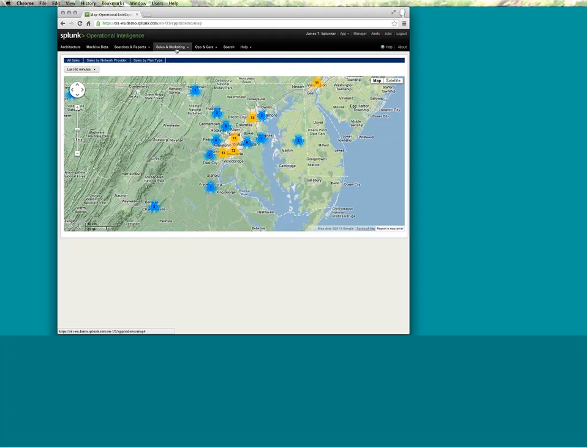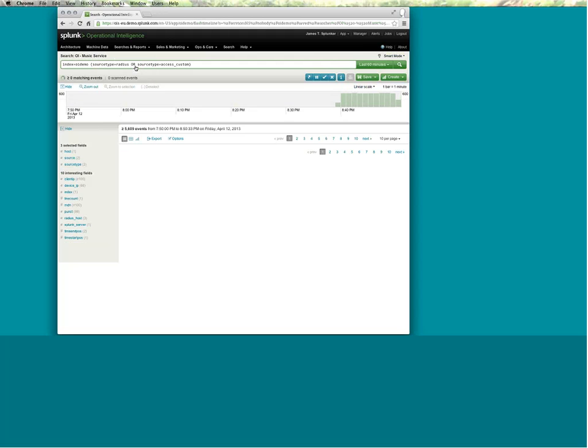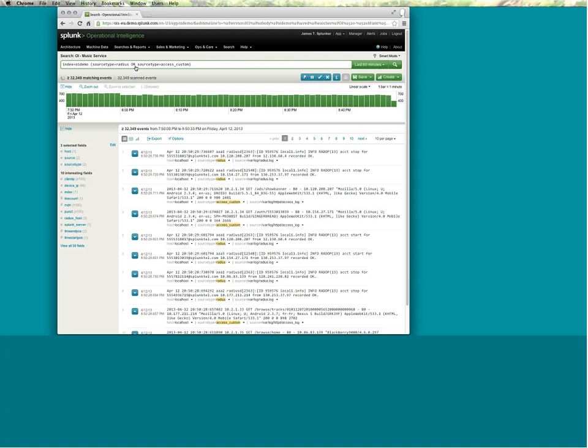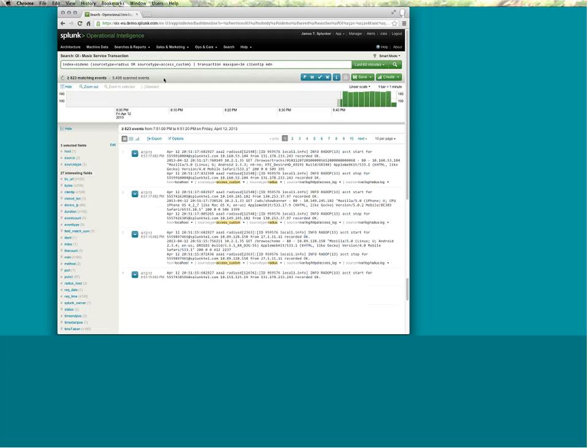So underneath the covers, the Splunk administrator will end up taking the business logic and expressing it in a Splunk query language. So, for example, in this case, what we're looking at is music downloads. I know that people are interested in understanding the flow of people downloading music off their phone. Well, that requires data from two different sources. I know as a Splunk administrator that we have to tie together data from our Radius logs that has the user information and data from the web server logs that has the download information and combine those into a single transaction. So as a Splunk administrator, I would take that business logic and express that in a query language